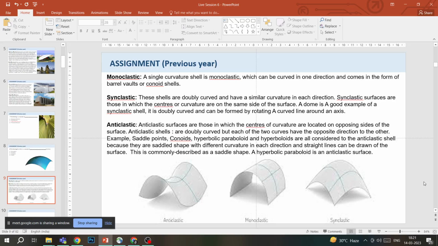And then this curve which is going, the center of that curvature would be in the opposite direction. So that's an anticlastic surface. And another way to understand anticlastic surface is that